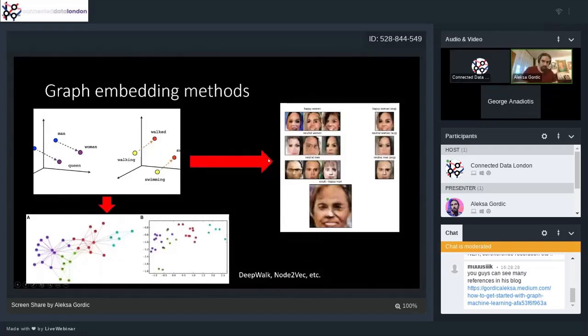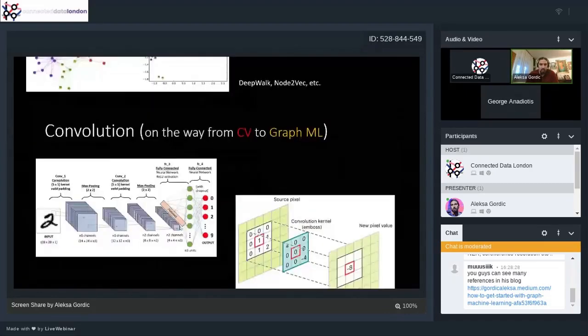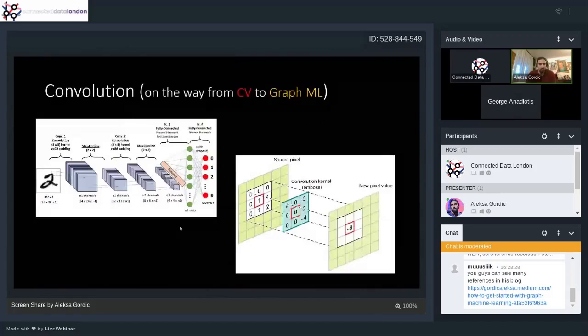Once you train the embedding method like that, you can see on the right, and again, you just project it into 2D. You can see there are some nice properties. Similarly labeled nodes appear clustered together in the 2D space. Okay, I won't have enough time. I just want to motivate some of the GNNs here.